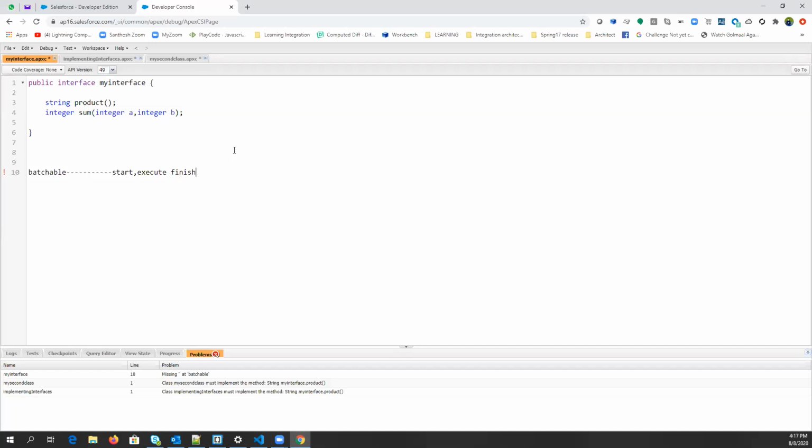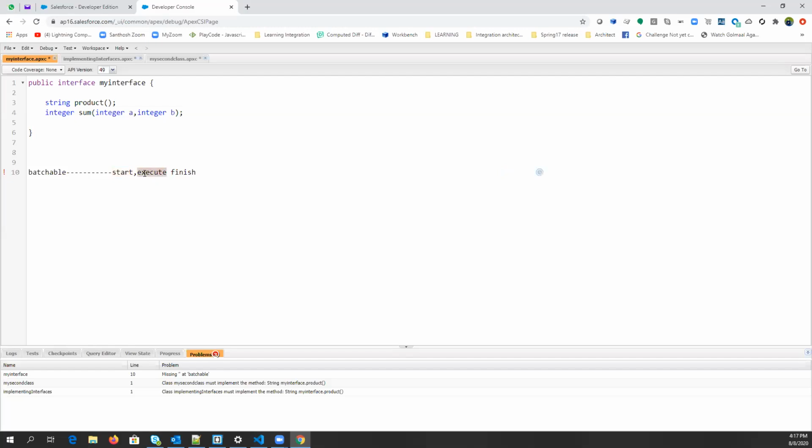In the start method, they know you need to pass the query, but they don't know on which object you want to perform the operation. You can perform the operation on account, contact; everybody has their own requirement. So based on your requirement, you will use the start method.